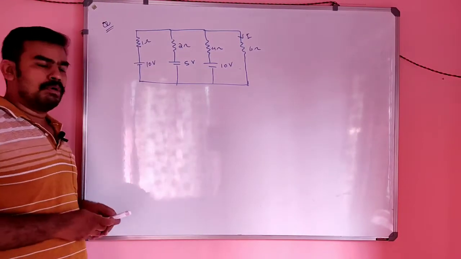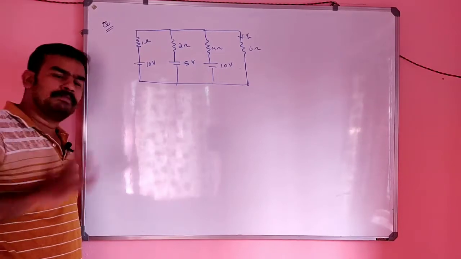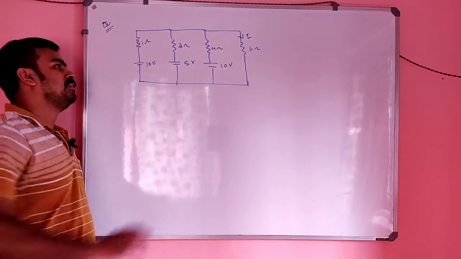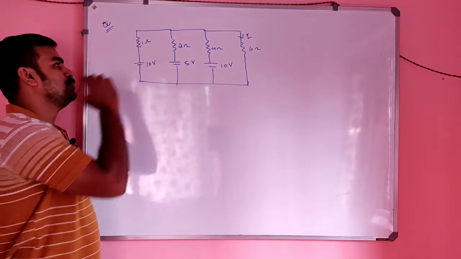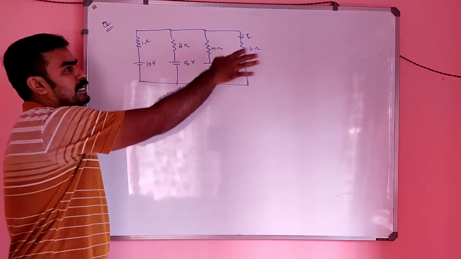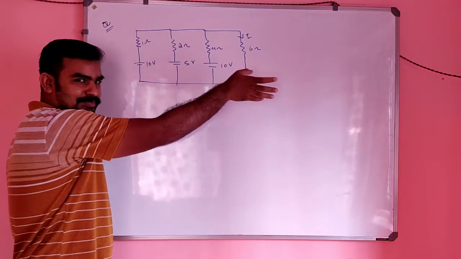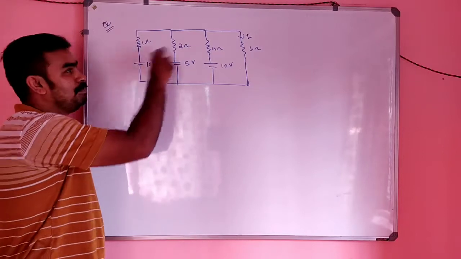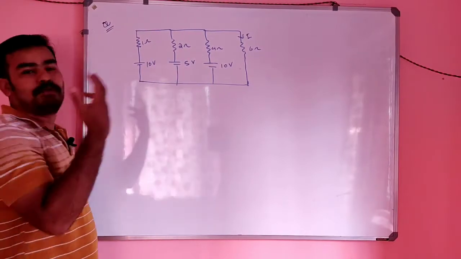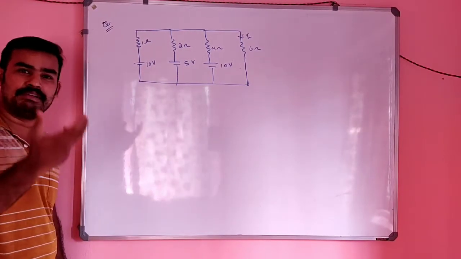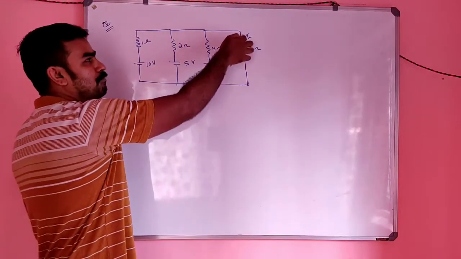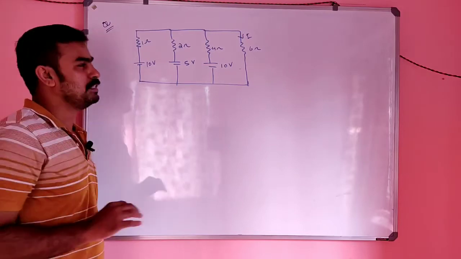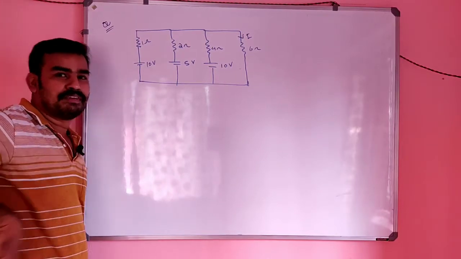How can this be solved? You can solve it in many ways. You can assign simple KVL also, like I1 is the current, I2 is the current, I3 is the current. Three currents you can assume, and you separately solve for those three. There will be three equations for that. You have to solve those three equations, then you will find the values of I1, I2, I3. Of course, I3 will be the current flowing through the 6 ohm resistor. There are no issues there, but it will consume a lot of time.